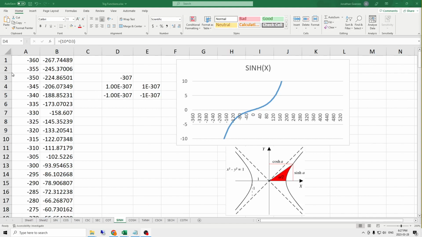Welcome to Accelerated Engineering. My name is John, and this is the video encyclopedia entry for the hyperbolic sine function, or SINH. The hyperbolic sine function takes an input argument in radians, or an input angle in radians, and calculates